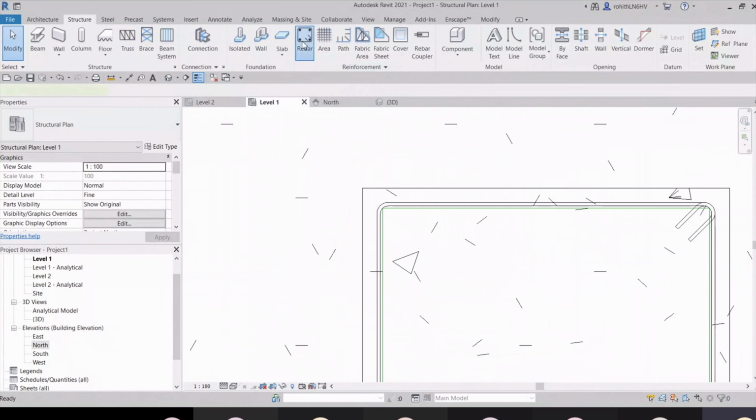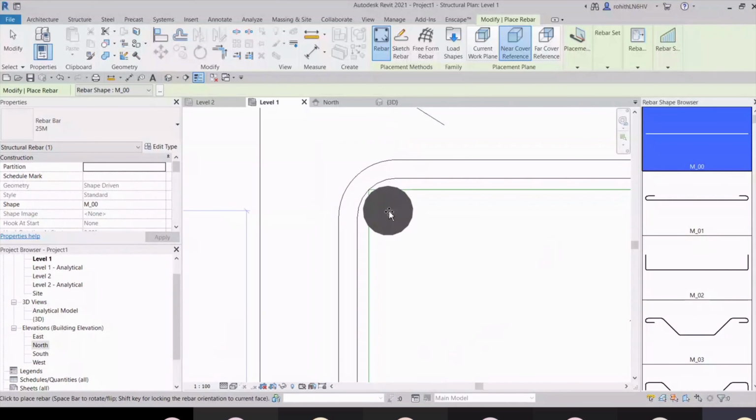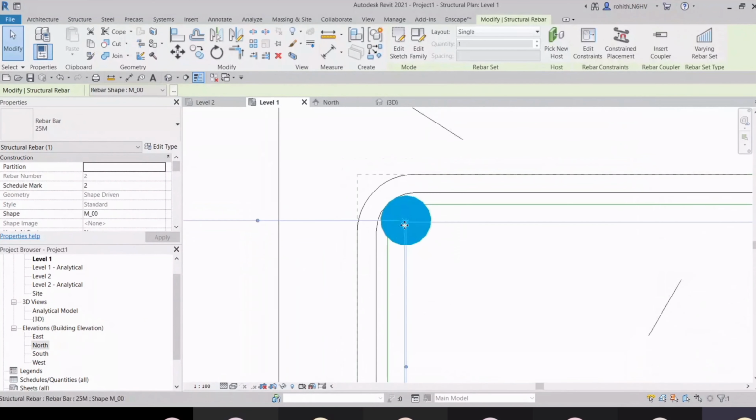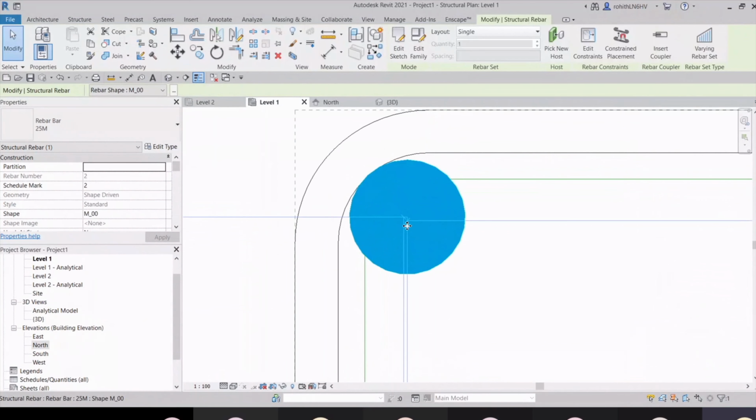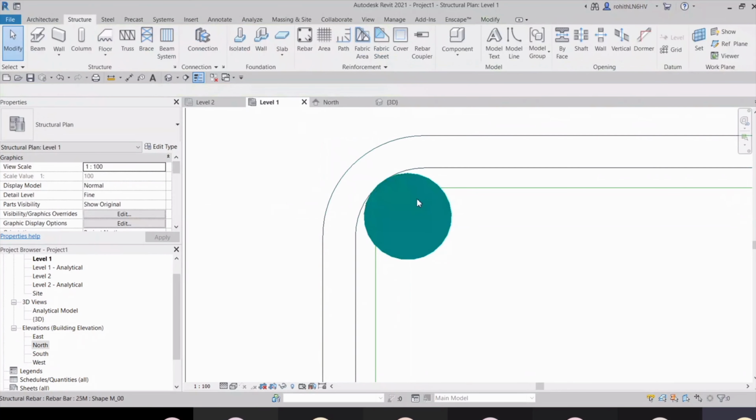And again go for rebar, then vertical rebars, and you can place it. It will snap generally. Later, if you want to change this position, you can give it a marking there where it will be placed.